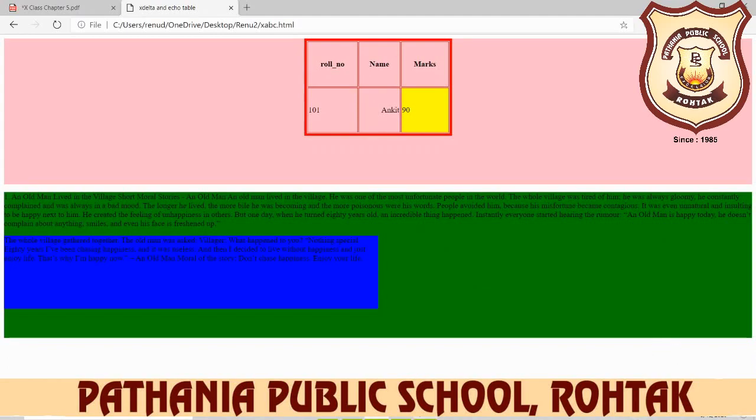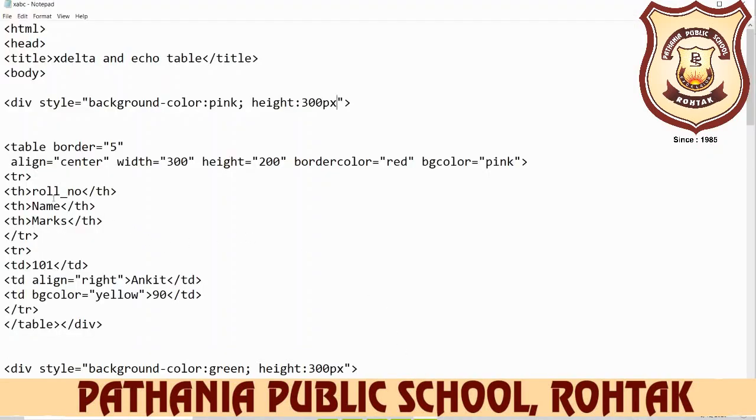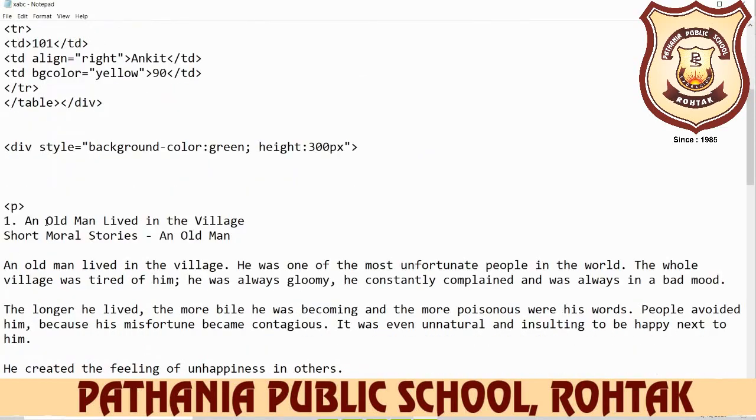And for example we want to change the green division, whose background color is green. You write down here div style background color green, height 30 pixel, or you write down 30%, 20%, for example we write down here 50%.